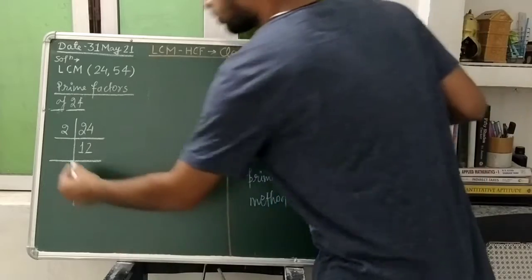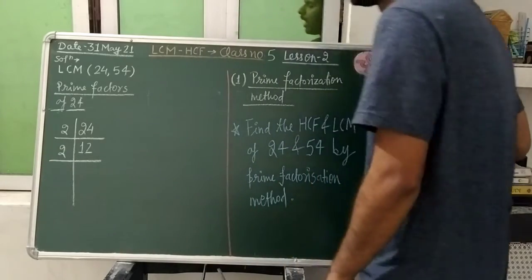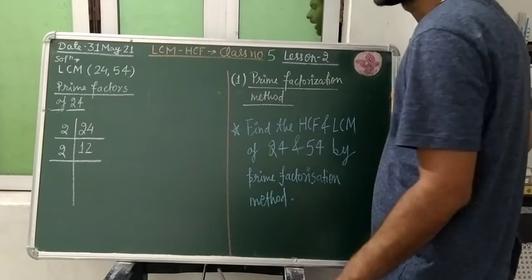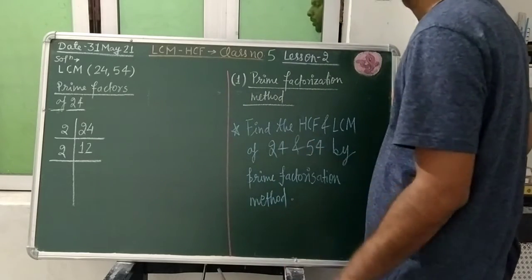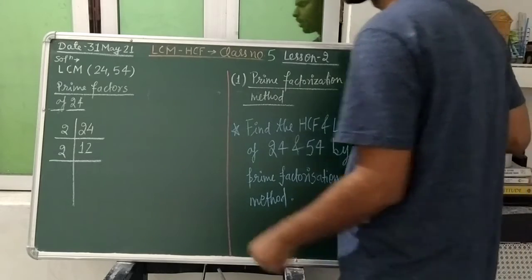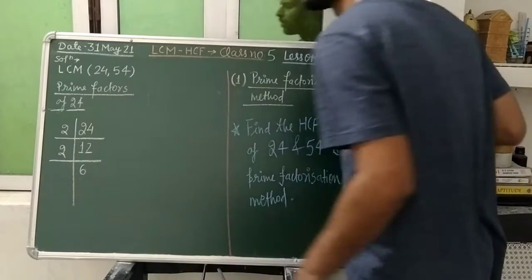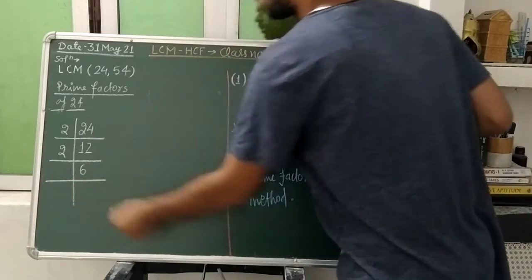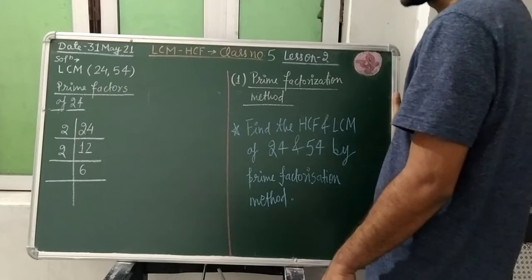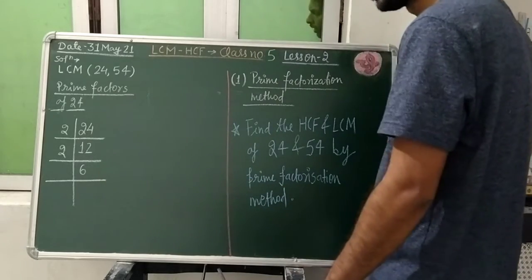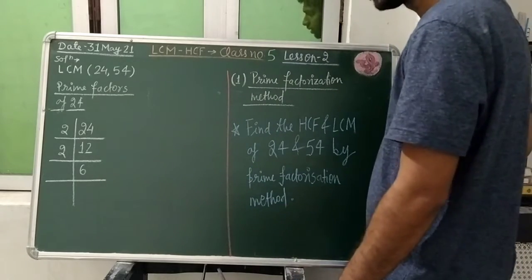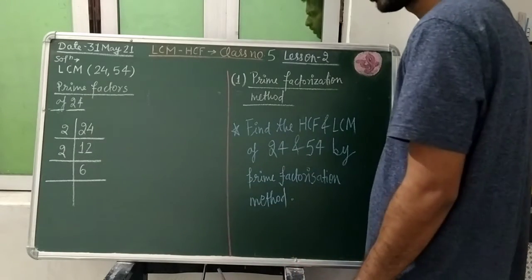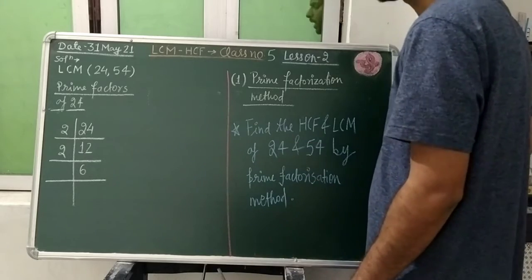Yes, 2 will divide it, so we shall select the 2 here. And how many times will 2 divide this 12? Of course when you divide 12 by 2, you will get quotient equal to 6 and remainder equal to 0. So that quotient you will write here. Okay students, so one more horizontal line will get completed, and here we will get 6. 6 is also a composite number. So for a composite number I have told that 1 we will ignore and we will check from 2.